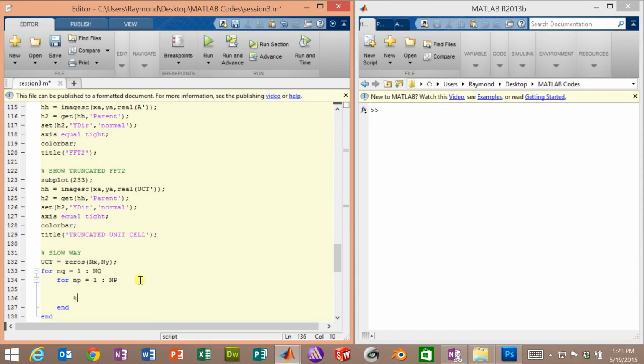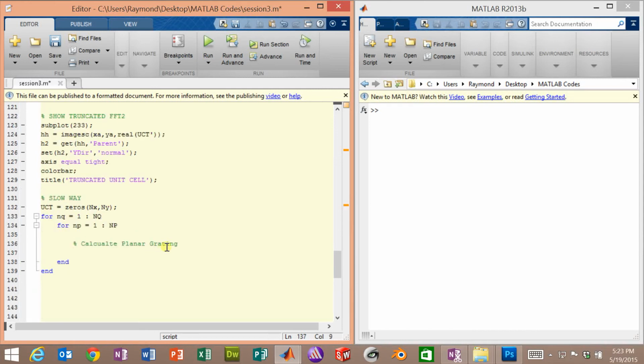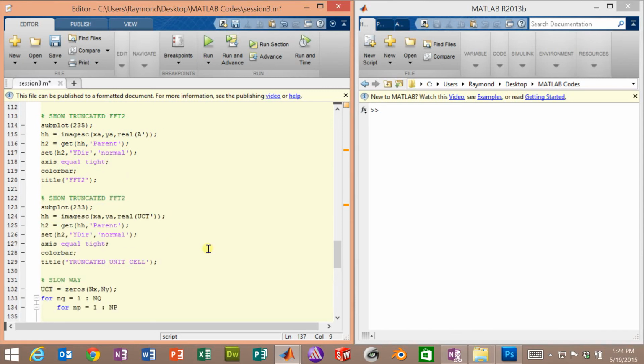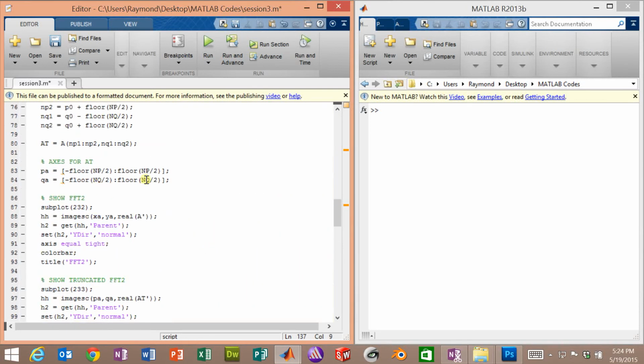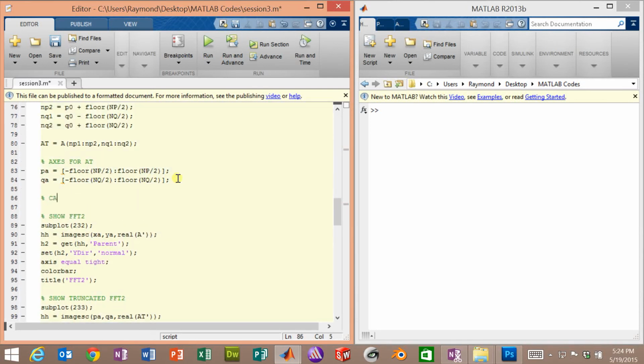The first thing we'll want to do is calculate the planar grating. Now, to calculate the planar grating, we're essentially going to calculate this with cosine k dot r. We need the grating vector associated with each one of those terms in our truncated Fourier transform. So in fact, we'll go back a little bit and do that. We'll go right under where we calculated the PA and QA. And we'll say calculate grating vector